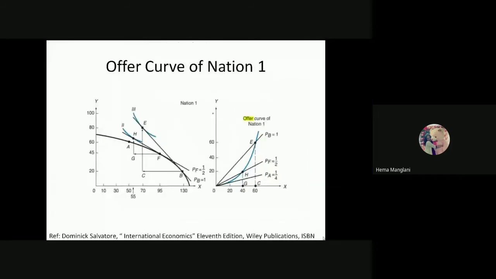Fine. So this A point is showing the autarky point. It means this country is not participating in international trade. Now we can go with another point which is indicating that this country is participating in international trade. So let's come from A point to this F point. Now this F point shows you what? The F point is showing the production point for this country.